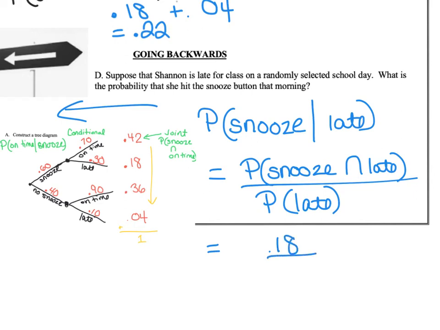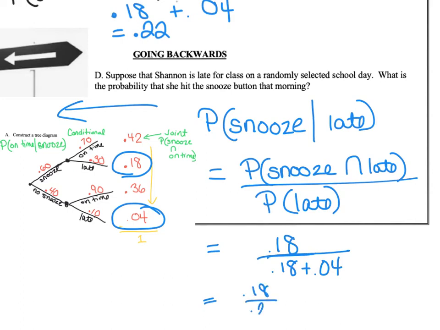Divided by the probability that you are late. Well, that's two separate things. Late was 0.18 and late was 0.04, so we just add the two together in the denominator. So this is 0.22 on the bottom. 0.18 divided by 0.22 gives me about